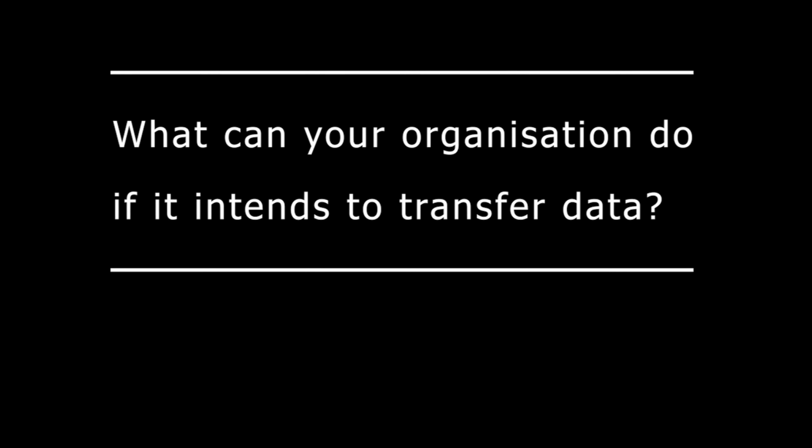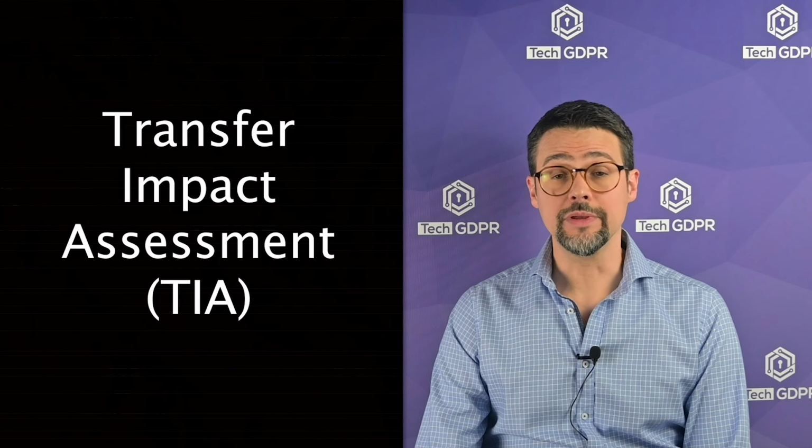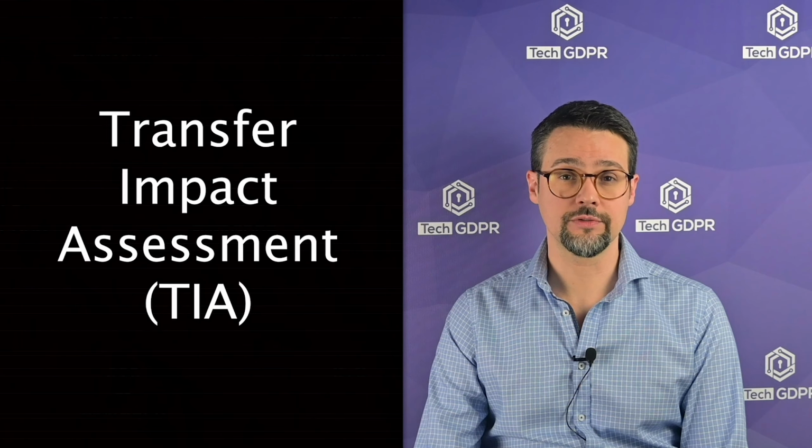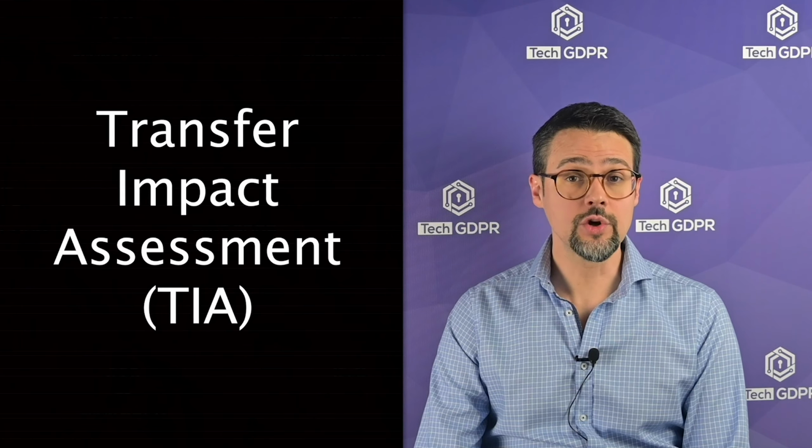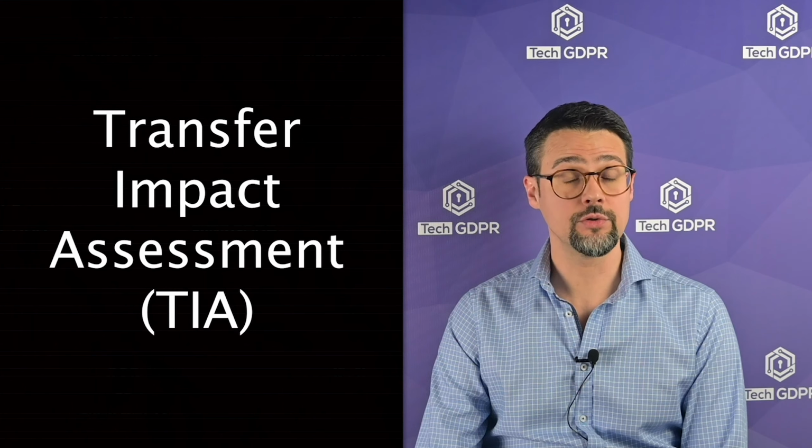So what can your organization do if it intends to transfer data? There are several other use cases in which an international data transfer may occur. Some organizations may be internationally transferring data without knowing it. Since the GDPR requires that a transfer impact assessment, TIA, be carried out to assess the risks to the data subject from the transfer of personal data, not knowing that an international transfer of data occurs in your organization can lead to a violation of the GDPR, however unintended. This poses risks to your organization such as loss of public trust and goodwill, missing out on business opportunities, not to mention fines by supervisory authorities.